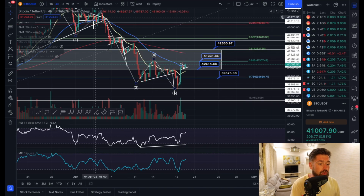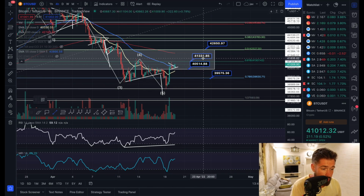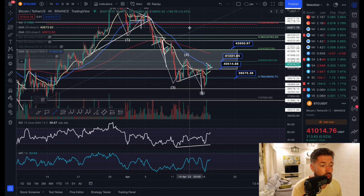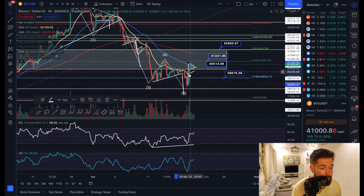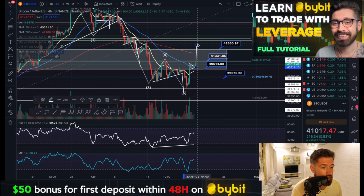So we'll pop back open to the 4-hour time frame. If we do continue to push up here with some volume, as you can see, we came right up to the resistance of 41.3K, which is the golden ratio with our Fibonacci pull from the previous swing low all the way up to the swing high. So that will be a strong level of resistance in my opinion. But if we were to break 41.3, you can take your flag pull, take it to your point of breakout,